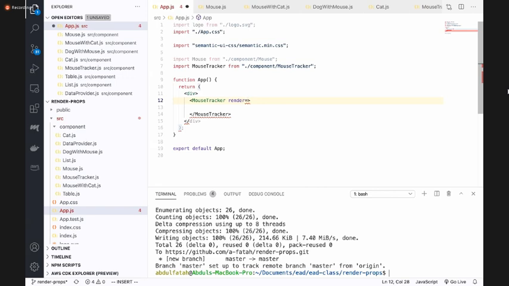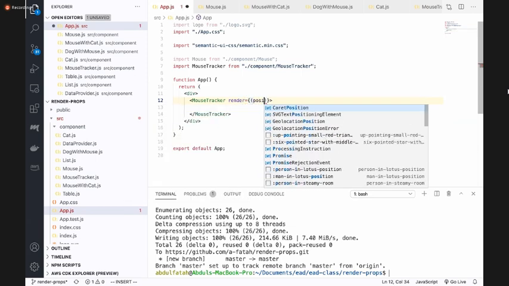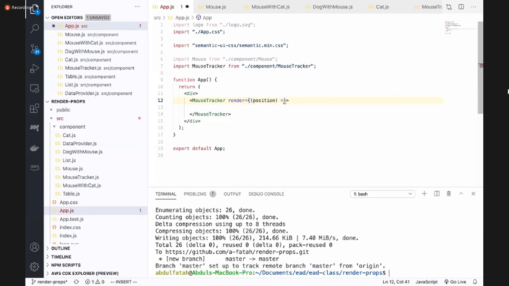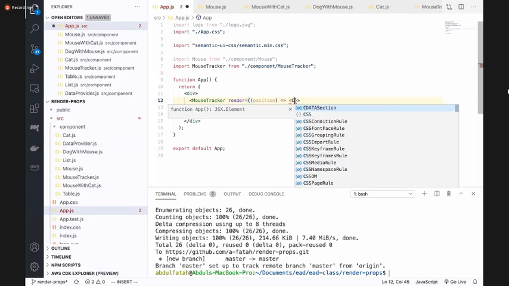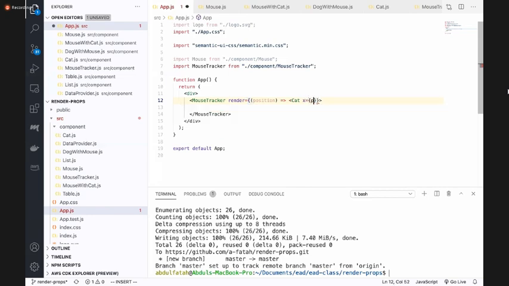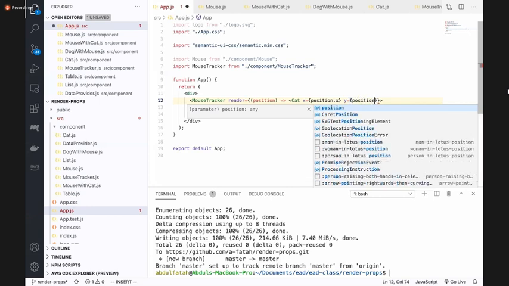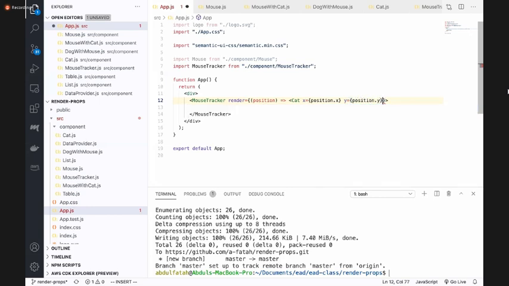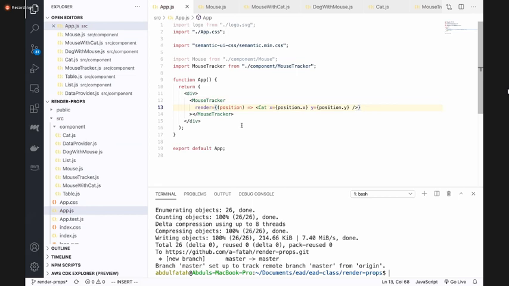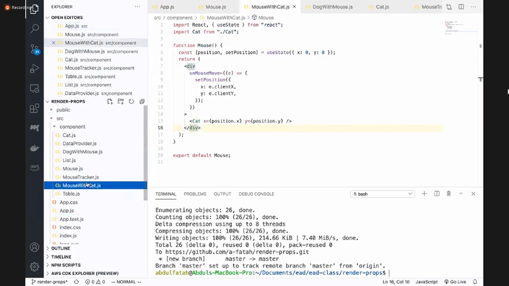अब यहाँ पे आपको बताना है कि एक्स वाई के साथ क्या करना है, मतलब इसको कौन से कंपोनेंट के साथ ग्लू करना है। फॉर एग्जांपल हम यूज करते हैं कैट कंपोनेंट, तो ये पोजीशन अपनी सेंड कर देगा इस पीस ऑफ कोड के अंदर, और उसको हम कंज्यूम करेंगे इस तरह, कैट एक्स इक्वल्स पोजीशन डॉट एक्स, वाई इक्वल्स पोजीशन डॉट वाई, इस तरह।